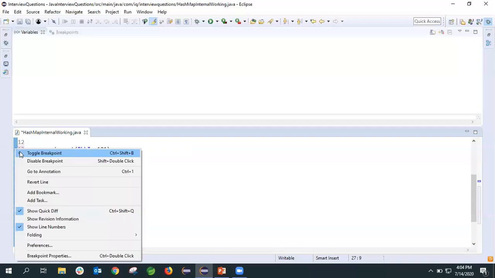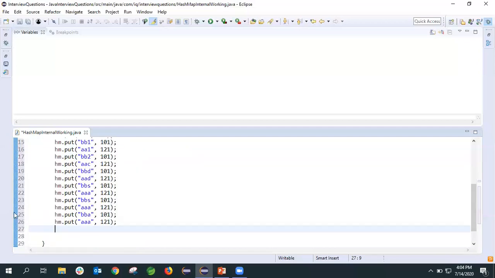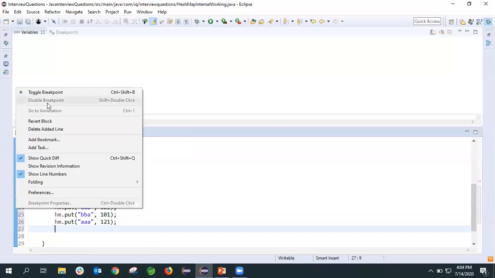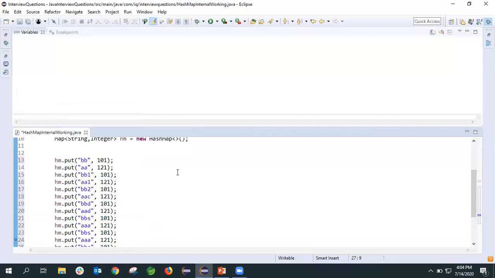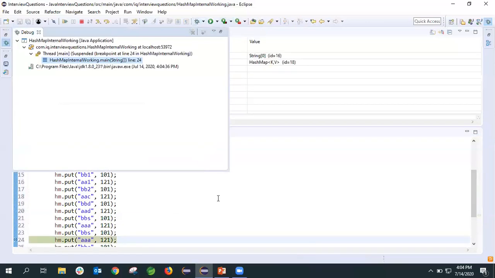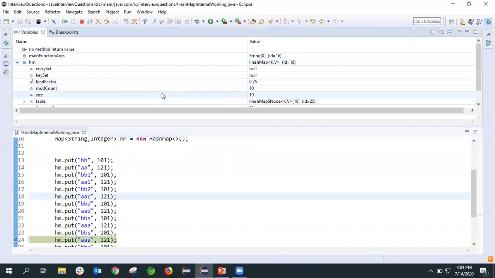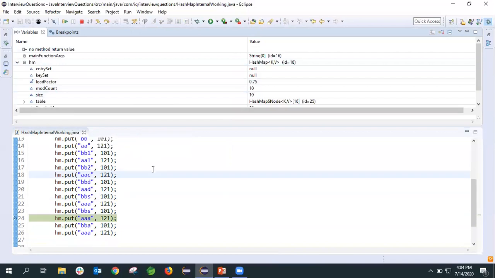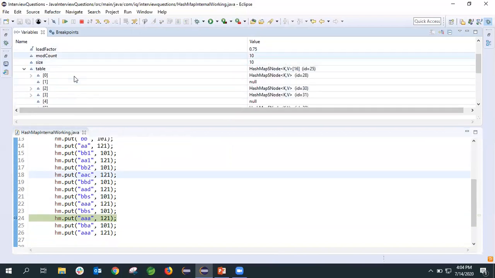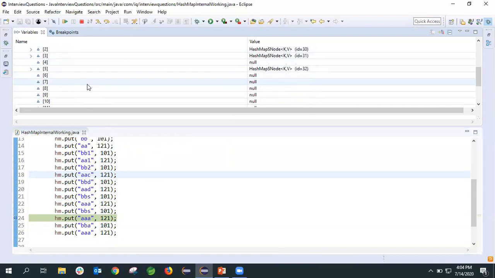Let's do one thing. Let's put a breakpoint here. Okay, let's execute till this point. So we'll see what has happened. Okay, size is 10. We have entered only 10, right?